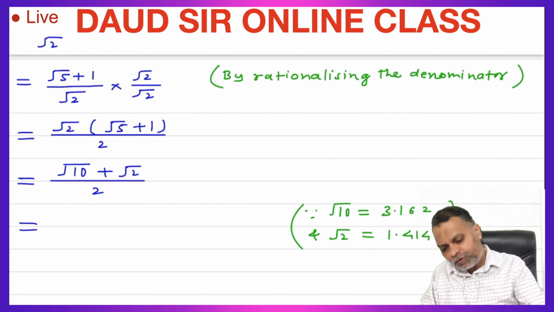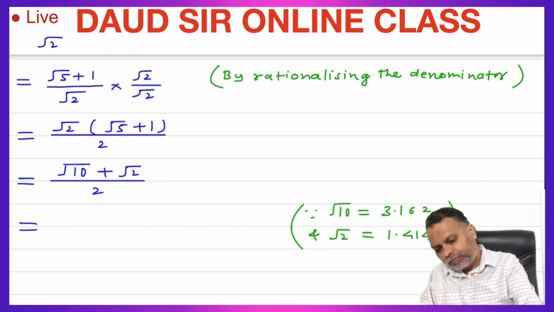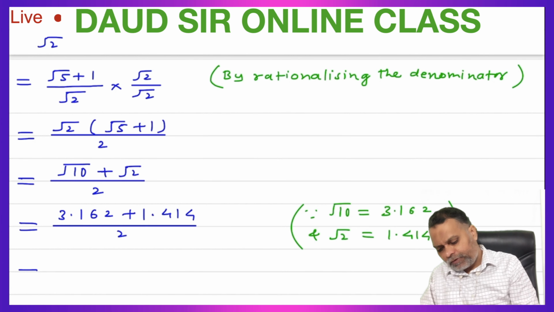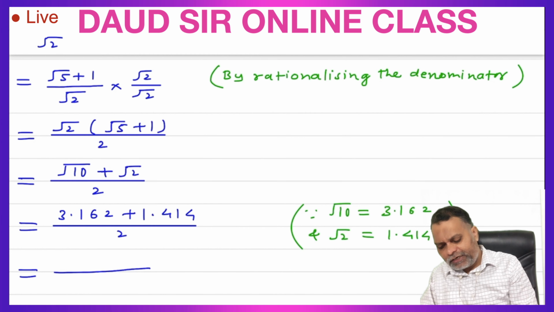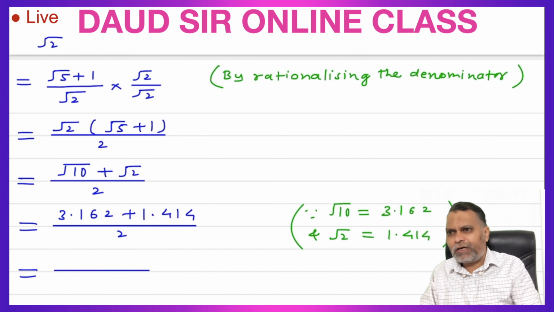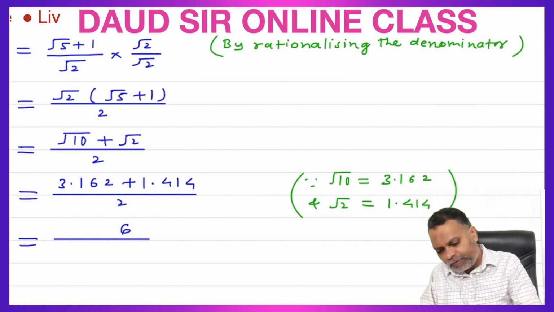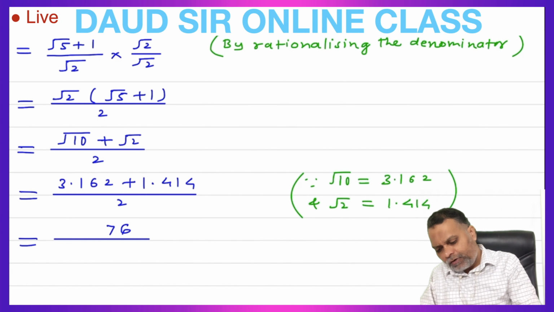Just these two values we can use here. Root 10 is 3.162 and root 2 is 1.414, divided by 2. After decimal there are 3 digits here, so directly we can add and put the decimal just below the decimal. 4 plus 2 is 6, 1 plus 6 is 7, 4 plus 1 is 5, and this decimal, 3 plus 1 is 4,